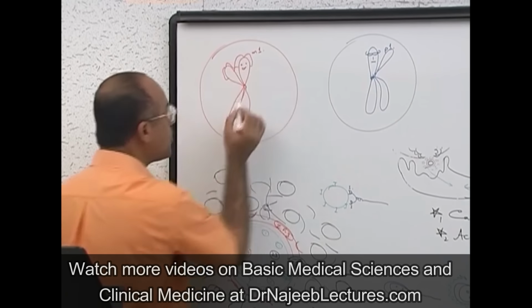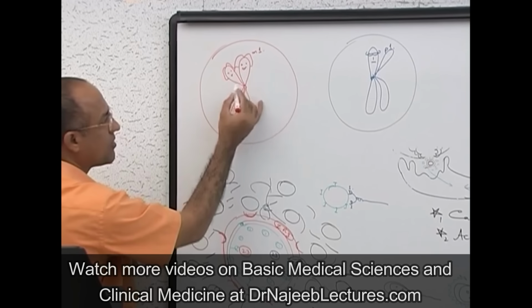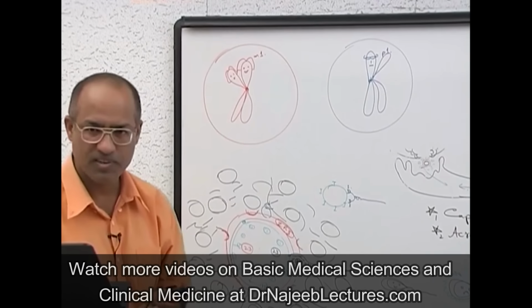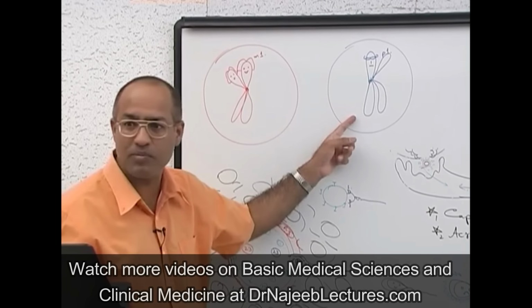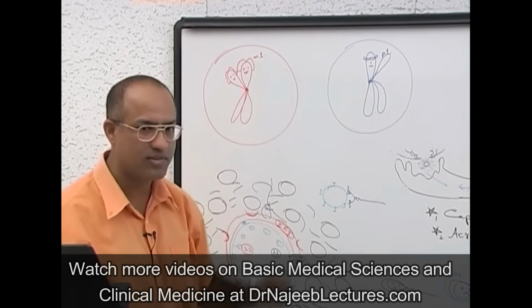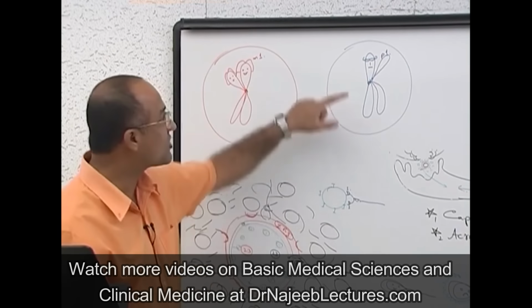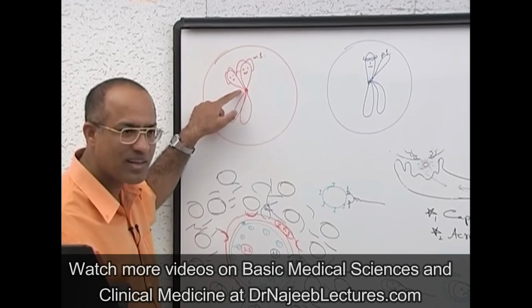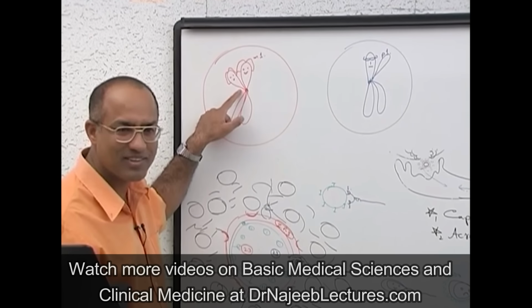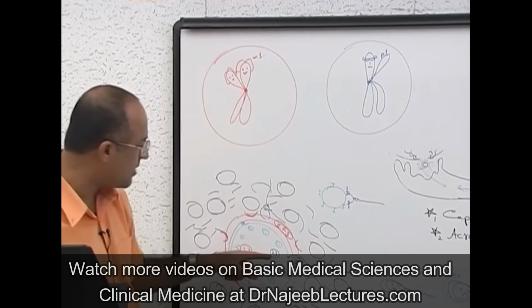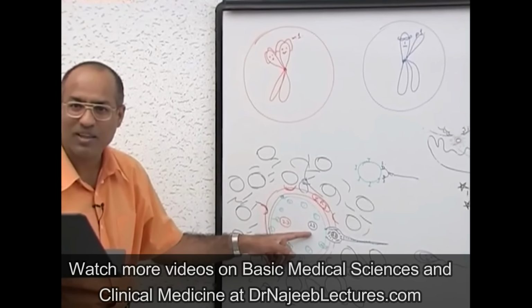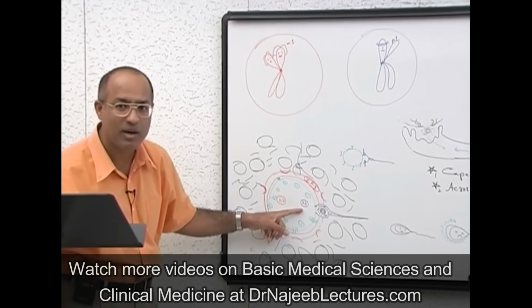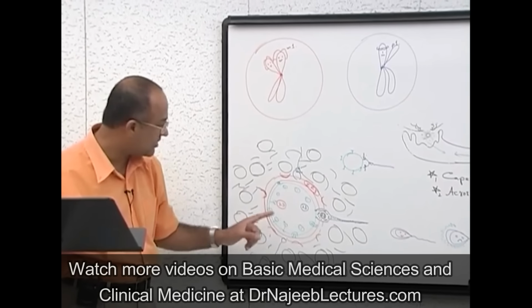Now tell me, how many maternal chromosomes are present here? And how many paternal chromosomes are present here? Don't tell me two. Chromosomes are not counted by their DNA number. Chromosomes are counted by their centromeres. This is still one chromosome with double DNA. And this is also one chromosome with double DNA. So these will become 23 chromosomes with double genetic material. So 23 chromosomes, which when it came, was 23 with 1N. Now it becomes 23 with 2N. And this becomes 23 with 2N.